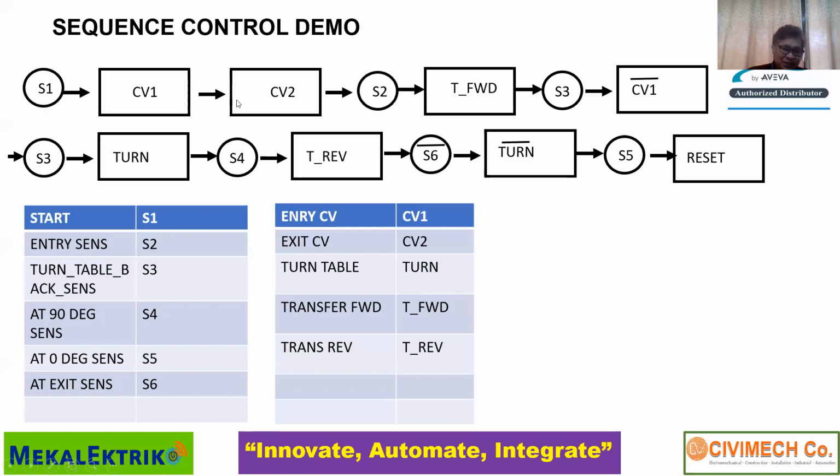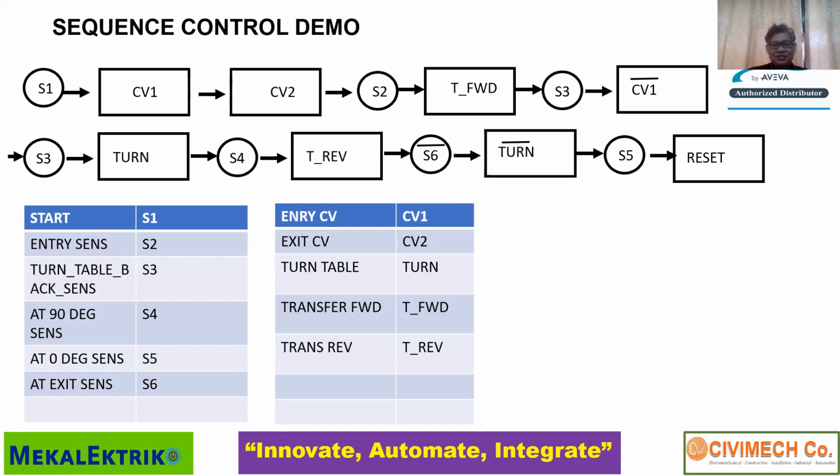After running the entry conveyor, the exit conveyor will run. Then it will hit S2, which is the entry sensor. Then transfer forward. This is the motor, transfer forward, on the right. Then after transfer forward, it will hit S3, which is the turntable back sensor. Then reverse,